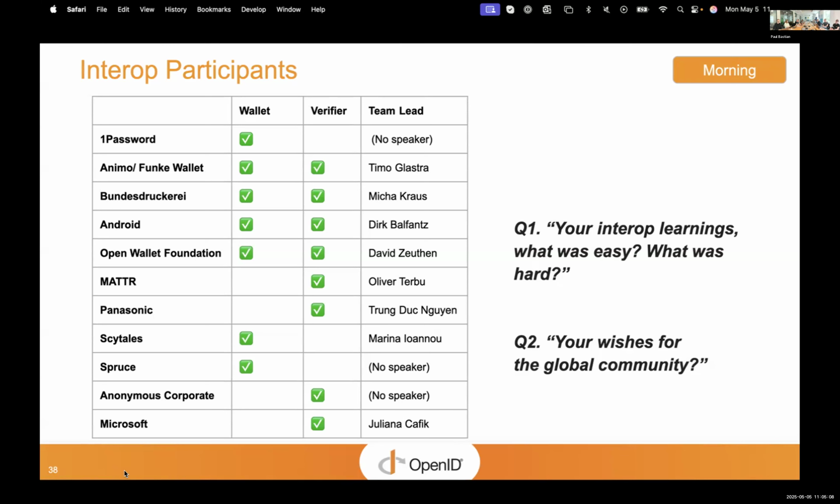And as I already mentioned before, I think the DC API is a really critical building block for building wallets and relying parties for multi-party, multi-device, multi-wallet scenarios. So I'm really looking forward to seeing implementations of the DC API on different platforms.